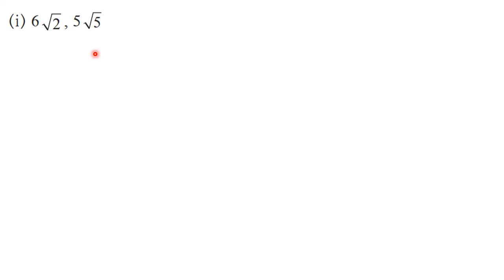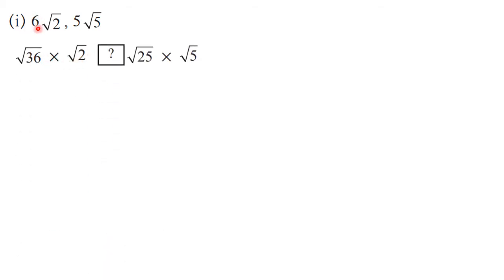Also, those surds should be in the pure form. This is the mixed form or simplest form, but we want the pure form. That means what? We want only this square root sign. So this rational part we need to take inside. Okay. So there are two different methods to compare it. You can use any method. So let us see the first method here.